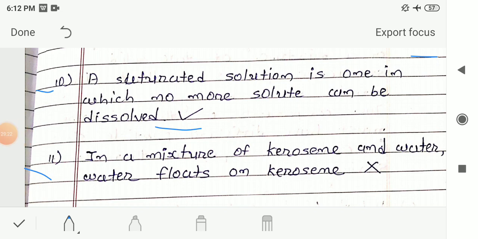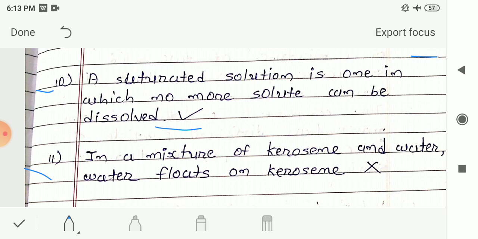So in this video we had seen some of the extra exercise for this chapter. In question 1 we had seen choose the correct option. In question 2, we had seen fill in the blanks. In the third question we had seen write the answer in one word. And in the fourth question we had seen write true or false. So all these 4 exercises, question 1 to 4, you have to write in your notebook. You will get this file in your study material, and you have to write this exercise in your notebook. This is your homework for this chapter.